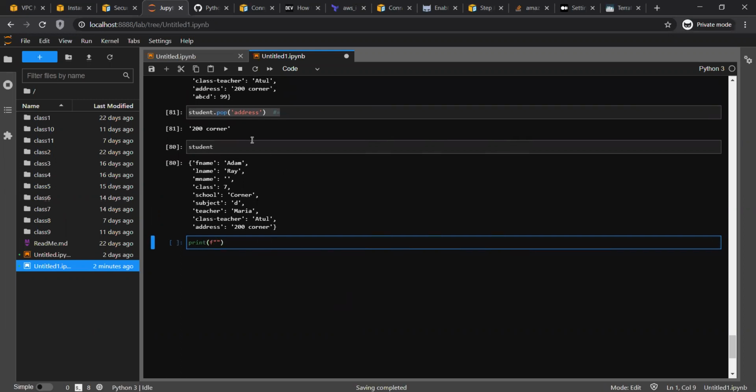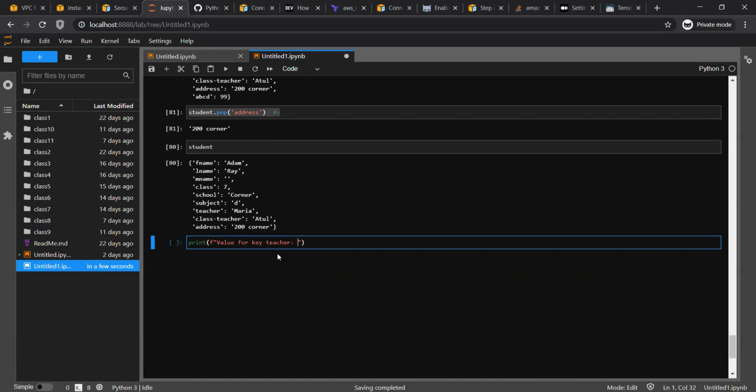Print, if I copy this, and I write value for key teacher.